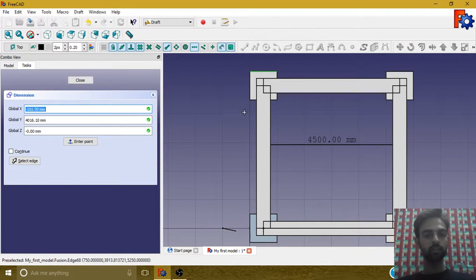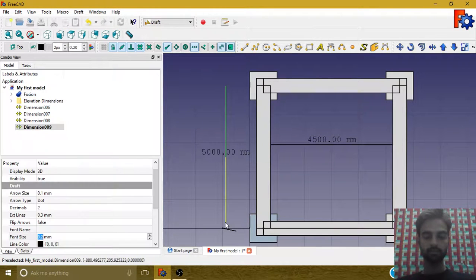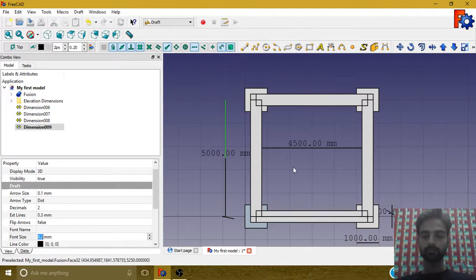Simply now we can have the center to center distance of the building. We have the center to center distance. We have the dimensions of the footing, length and width. Now we can have the length of the beam.